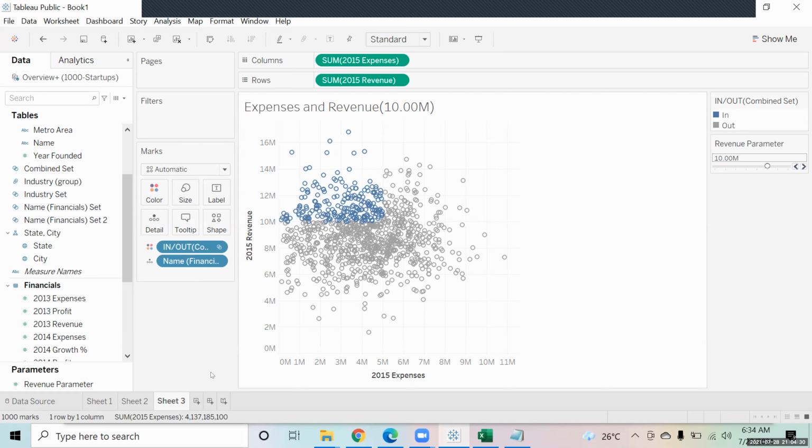These techniques will work on any data set. You can just pick a data set and try based on your understanding. Figure out what you should highlight, or where you should create a group or a set.